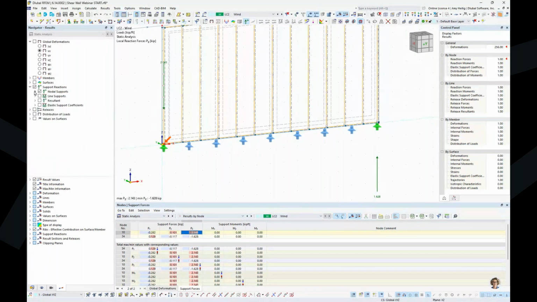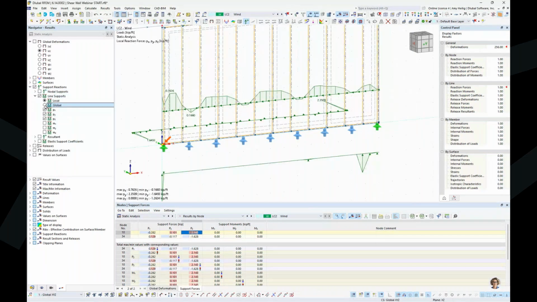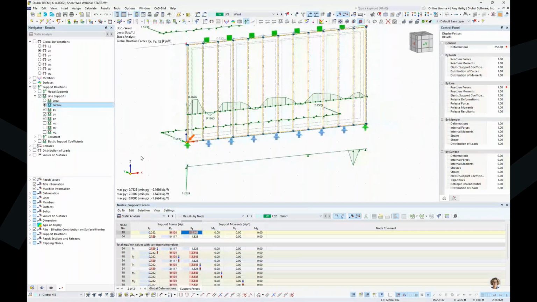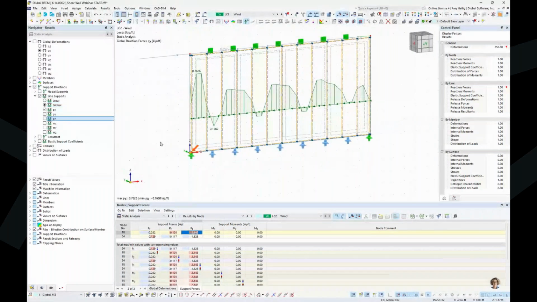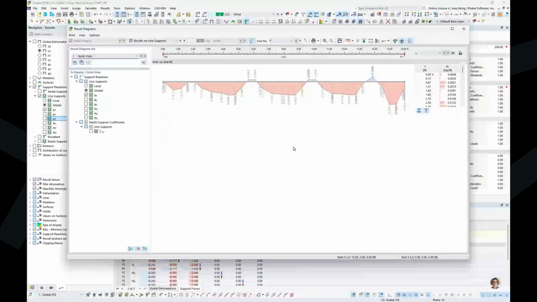So taking a look also at the line supports, and in this case, I'm going to modify this to the global axes. And I'm probably interested in the shear forces along the length of the wall in the global X direction. So I can display these graphically, but I can right click on the support itself and view what we call the results diagram. So this is going to show me a little bit more information about those shear forces